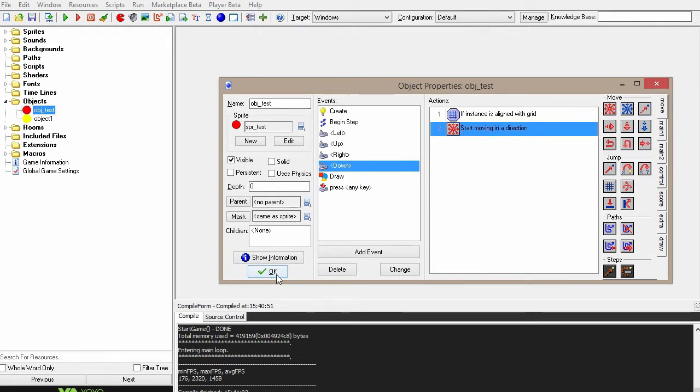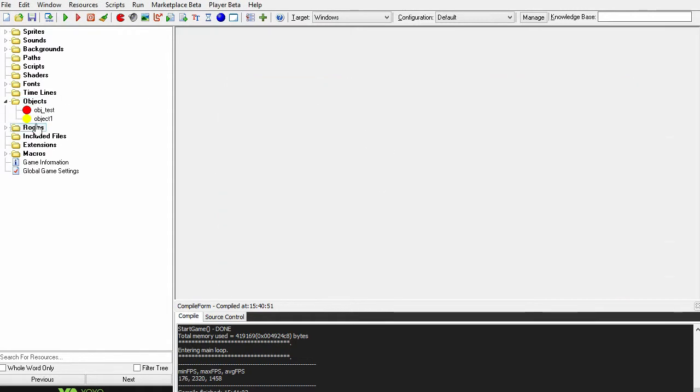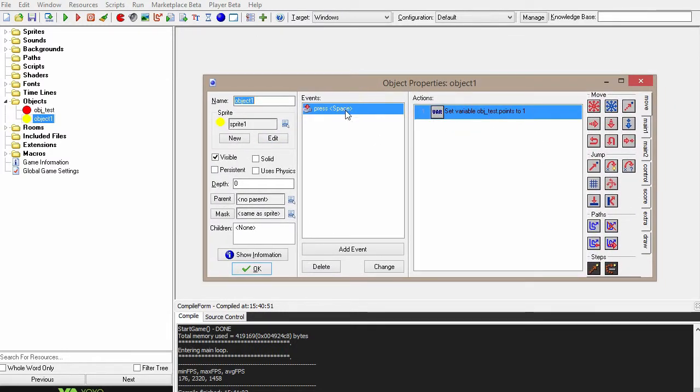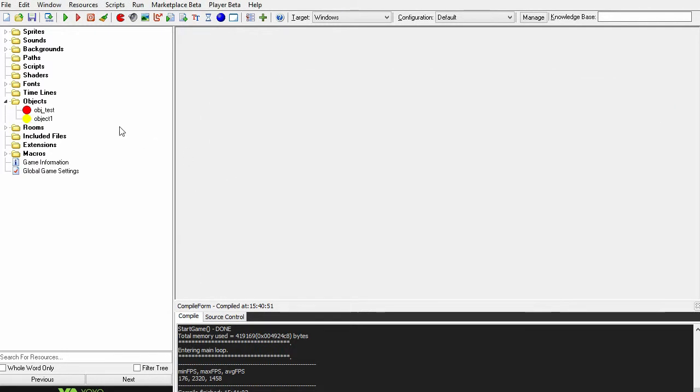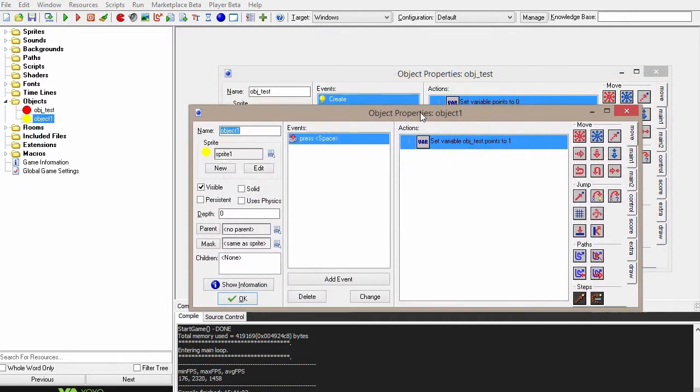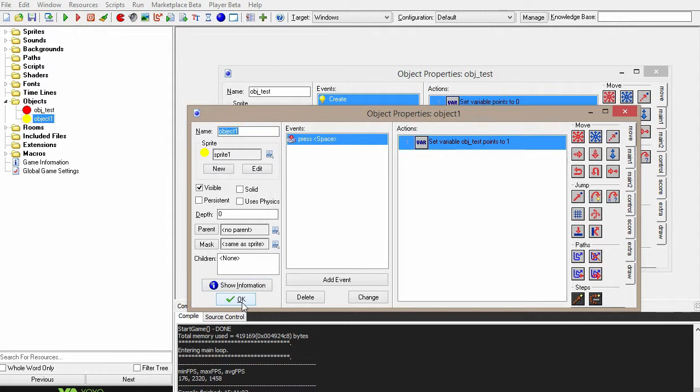Okay, so now we've done that, we can start to check for collisions, because we've now implemented a basic movement system. You can basically do a lot of stuff with this, but this is very basic. And we can now go and check for collisions. Let's use this one to collide with, and this one to check for the collision. The reason for that being that if we want this to provide score or something,